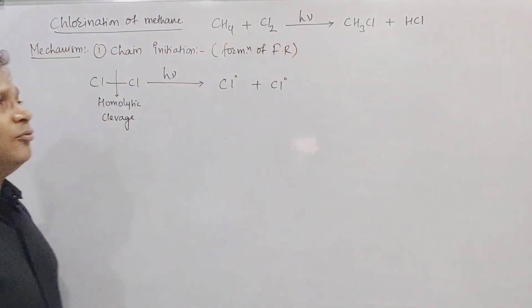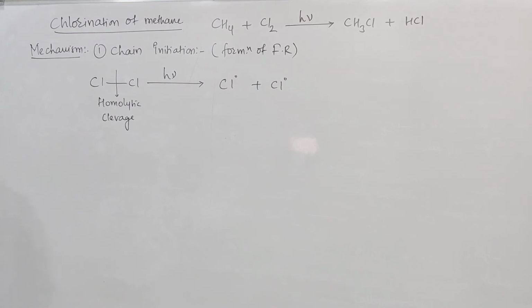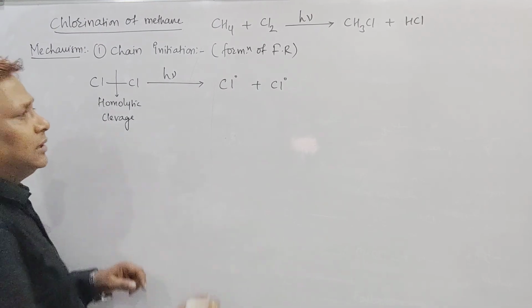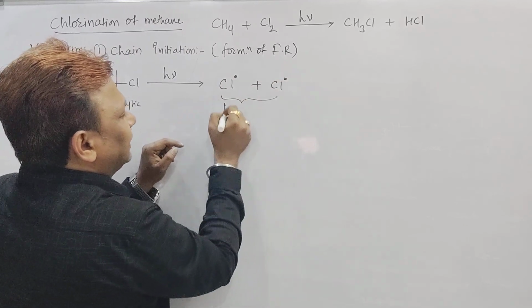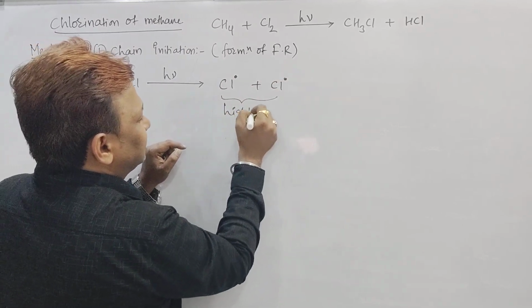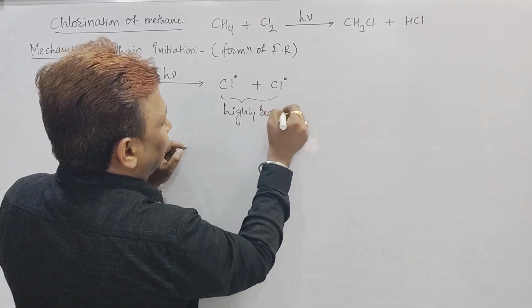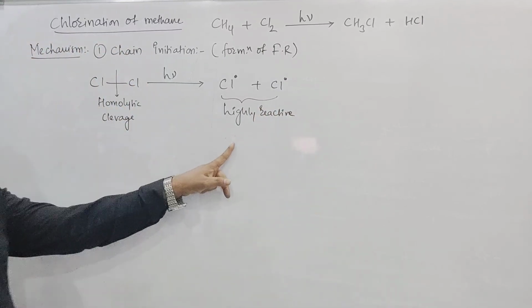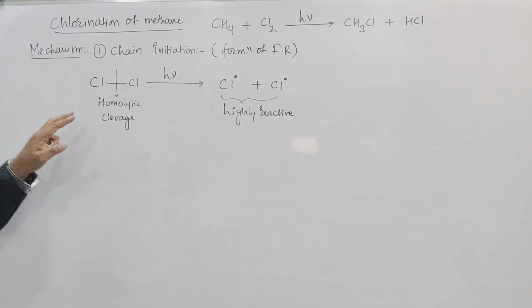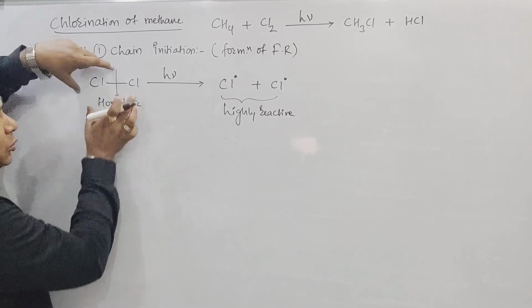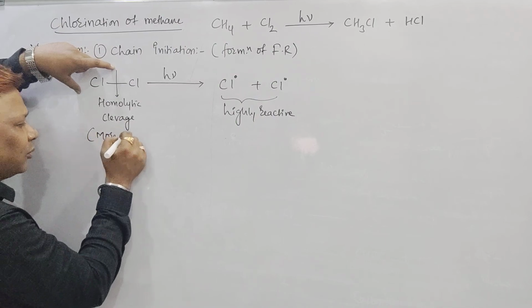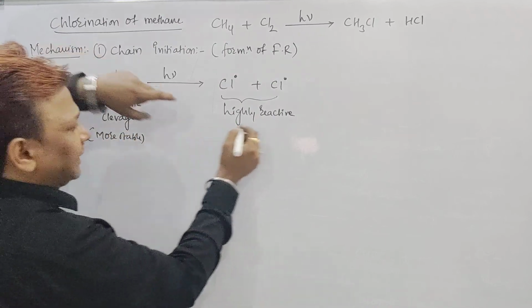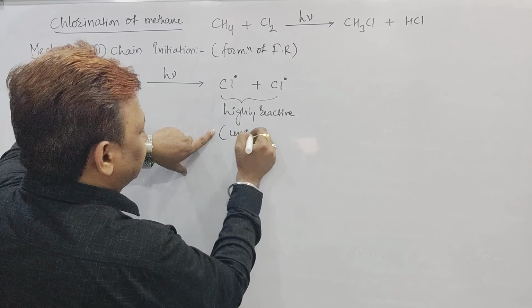The first step is the formation of Fr. Now I will tell you, beta: chlorine atoms having an unpaired electron are highly reactive species. Listen here. And Cl2 is a molecular form, so it is less reactive. Molecular form will be considered more stable, and highly reactive species will be considered less stable,